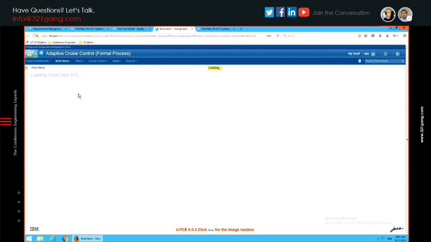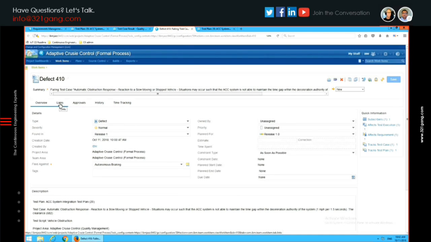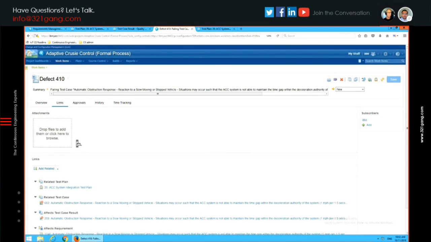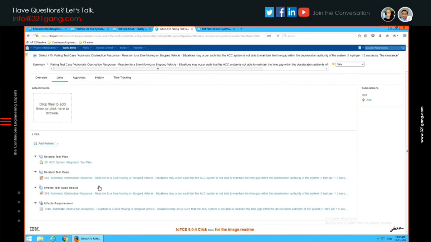I go look at this defect, and I can see when that defect gets assigned to a software engineer. If I'm the software engineer that gets this defect now, I can look at this defect. I know what test plan it was run in. I know the test case that's associated to it. I know the requirement that's associated to it. I don't have to go looking for this information. It's at my fingertips. So if I know it's not an issue with my code and I go back and look, you know what? The requirement was written incorrectly, right?